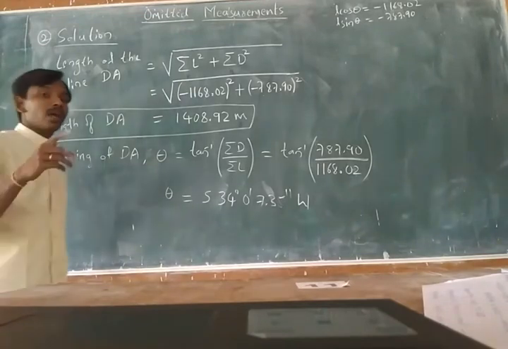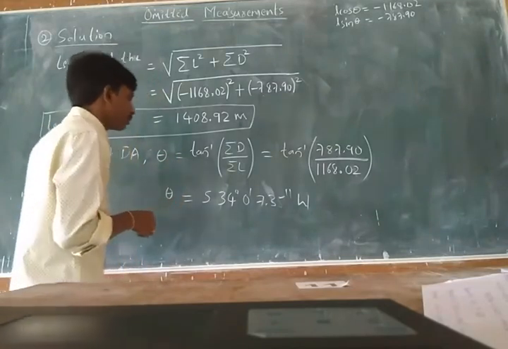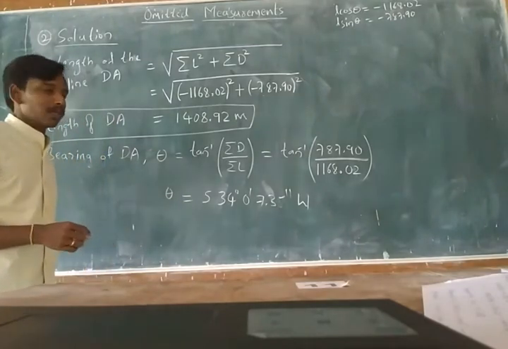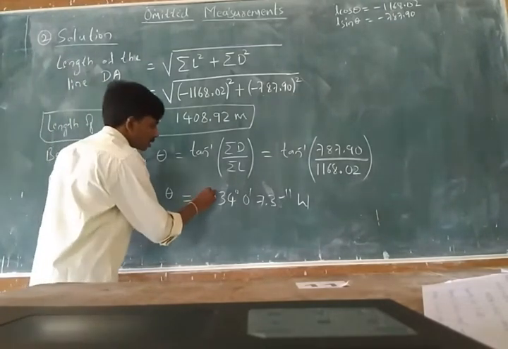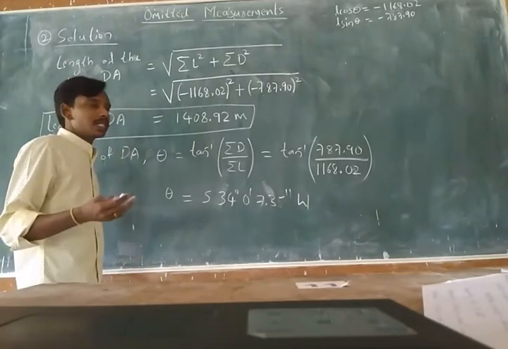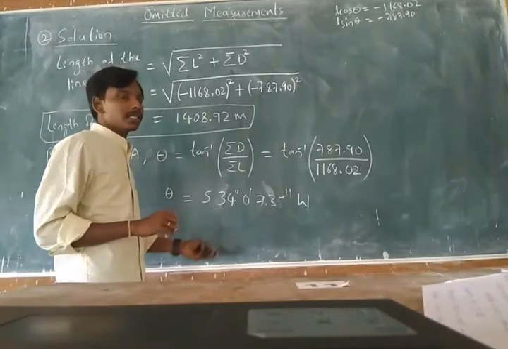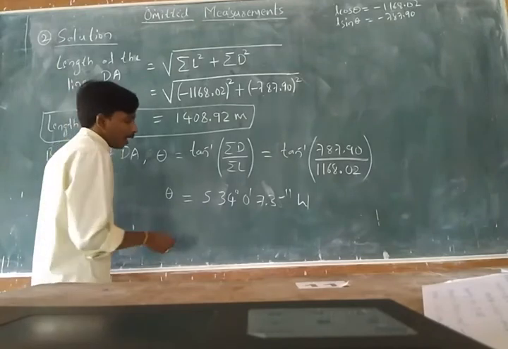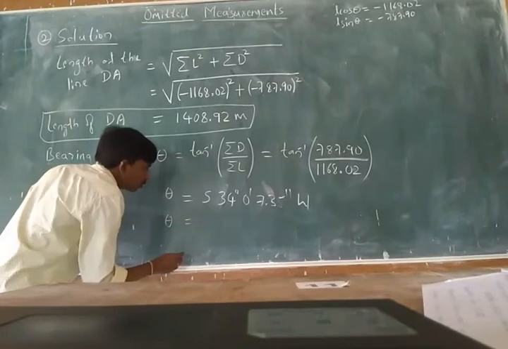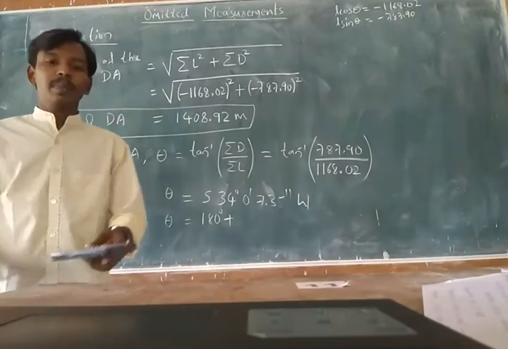Now you can observe in the question, all the bearings are given in WCB format. So we have to convert this quadrantal bearing to WCB. Here you can see southwest, or third quadrant. Third quadrant means the bearing is larger than 180 degrees. So as it is larger than 180 degrees, we have to add. So theta in WCB is equal to 180 degrees plus,